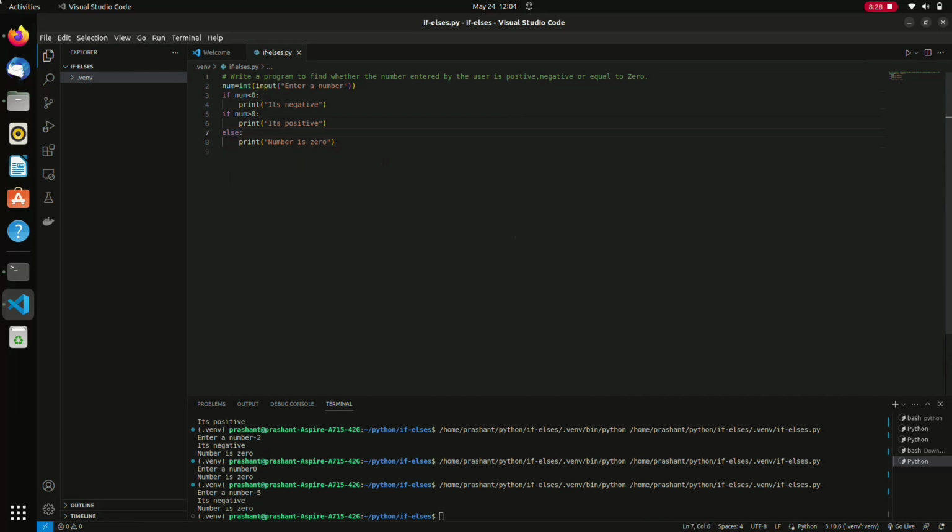This else belongs to this if, so it will be executed directly. So it's giving negative here and the number is 0, which is this one. Here is why we've used elif. Also, you can see that if we write just if